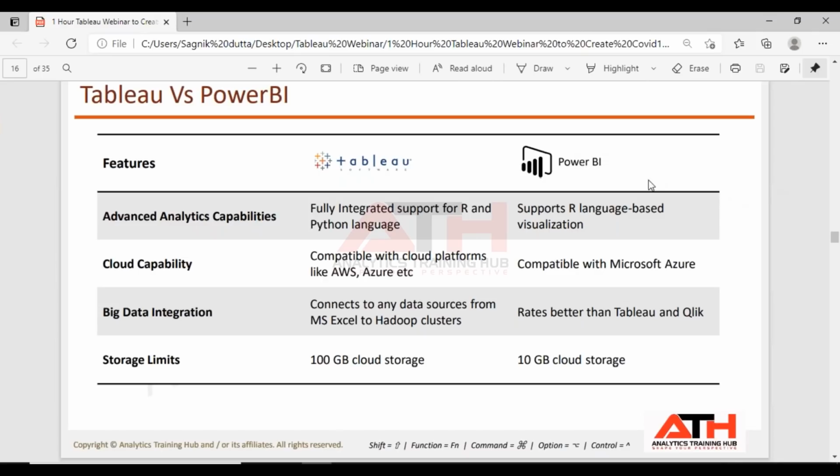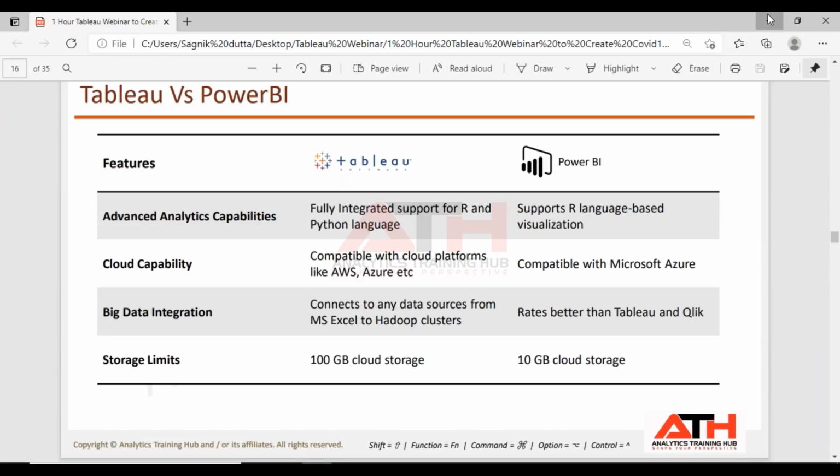If it's a small firm, it would be handling comparatively less data, so Power BI would be a more suitable option. If it's a bigger firm and its needs are scalable, then Tableau would be a better option. Again, it's like a comparison between apples and oranges. Each software has its own pros and cons, so I let the user decide on that.